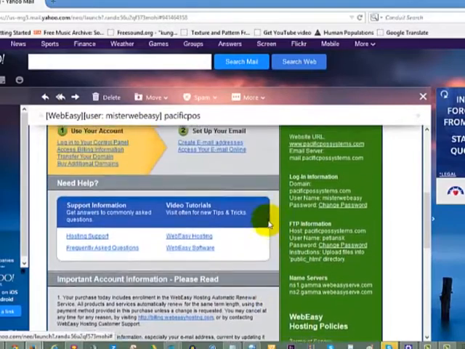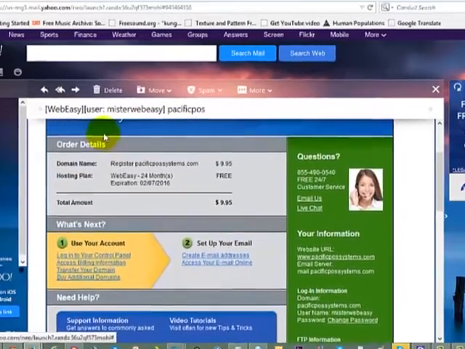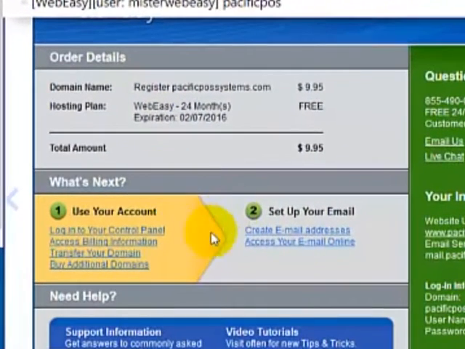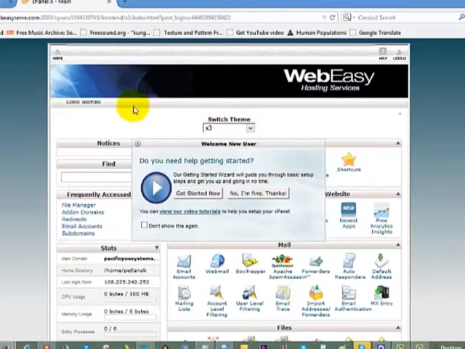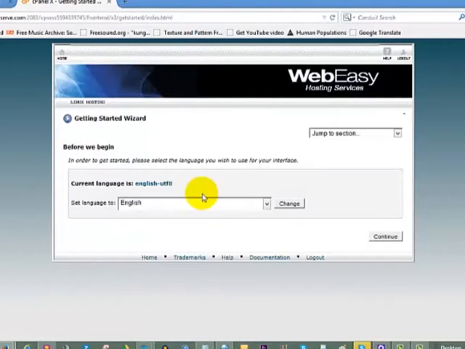The What's Next section of the email will get you started with important areas regarding your hosting, including your hosting control panel. With WebEasy, your username and password are the same for cPanel, billing, or publishing. When you log into the cPanel, be sure to take the tour with the help guide by clicking Get Started Now on the introduction window. You can choose any language and take a virtual walk through the cPanel for your hosting account.